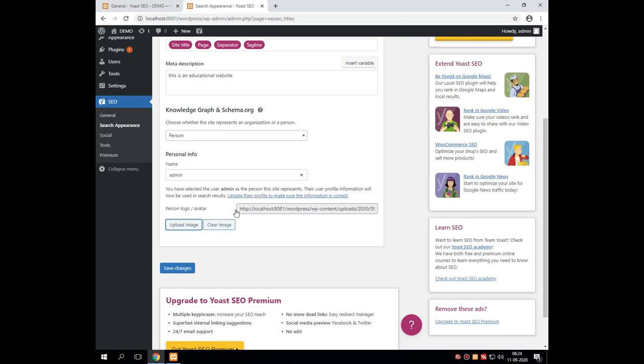Then the URL will be placed over here, which contains the person image.